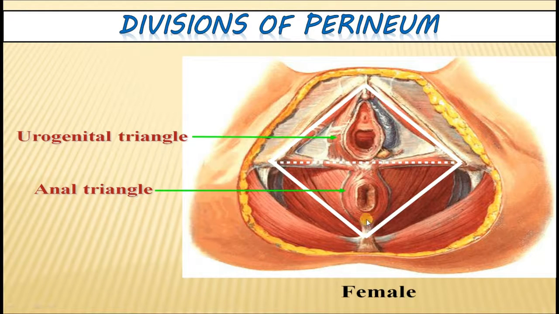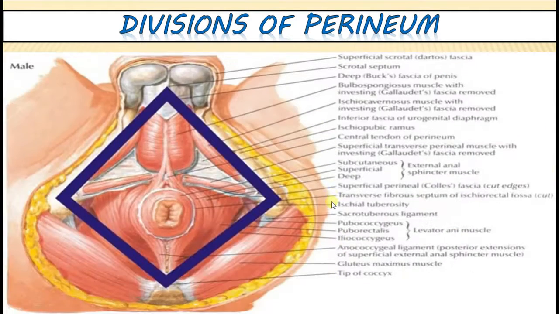So that is the anococcygeal raphe, and then what you have is the tip of the coccyx. So basically it is divided into the urogenital triangle and the anal triangle. Okay. So structures in the anal triangle, as I told you, mainly consist of the anal canal and the sphincters of the anus, the external anal sphincter and the ischiorectal fossa, and in a deeper plane what you are seeing is the pelvic diaphragm. In front, especially in males, what you see is the bulb of the penis in the center,